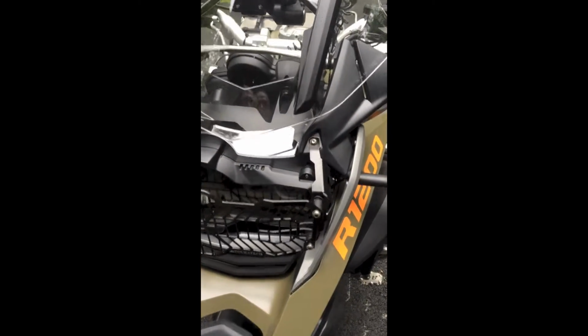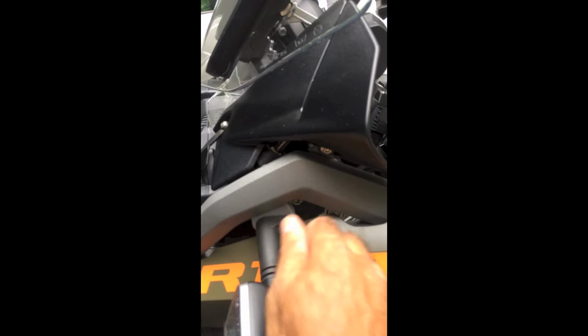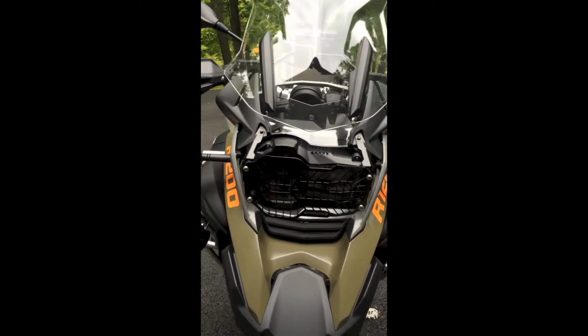it'll be fine. These are not the OEM. These were supplied. The bolt here has been supplied because it wasn't long enough to go through and be able to hold the bracket. What I did was I removed the turn signal lights, which was really easy. All you have to do is just unbolt this, twist it off, and it just drops, and it gives you better access to that bolt there. This hardware here was obviously supplied, and the same thing goes for the other side. So anyway, 25 minutes later,